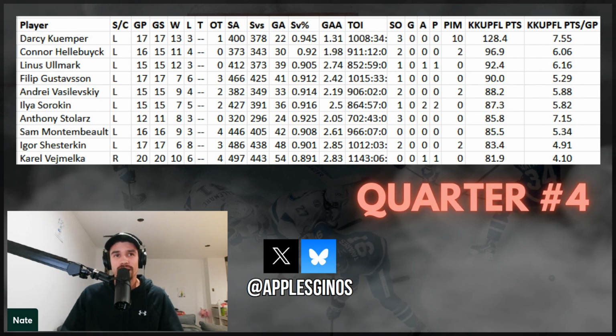Obviously, in a points league, maybe you don't care as much. The volume that Vejmelka gave you in this 4th quarter was enough to give him a top 10 performance in total points scored, even though he did only post an .891 save percentage. Shesterkin makes this list by the same virtue, starting nearly every game for the Rangers down the stretch. So take that into account, but maybe in your category leagues you're a little bit more interested in the points per game number, because that's maybe a little bit more indicative of good goals against average numbers and good save percentage numbers, if those are categories in your league. So you can maybe think about it that way as well.